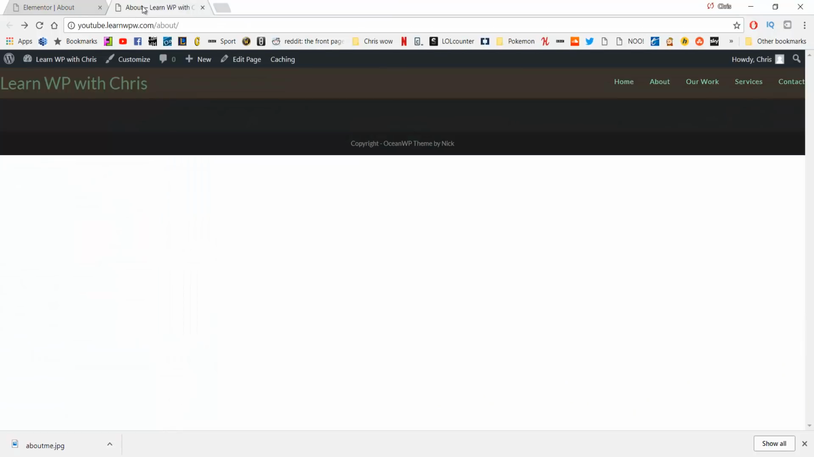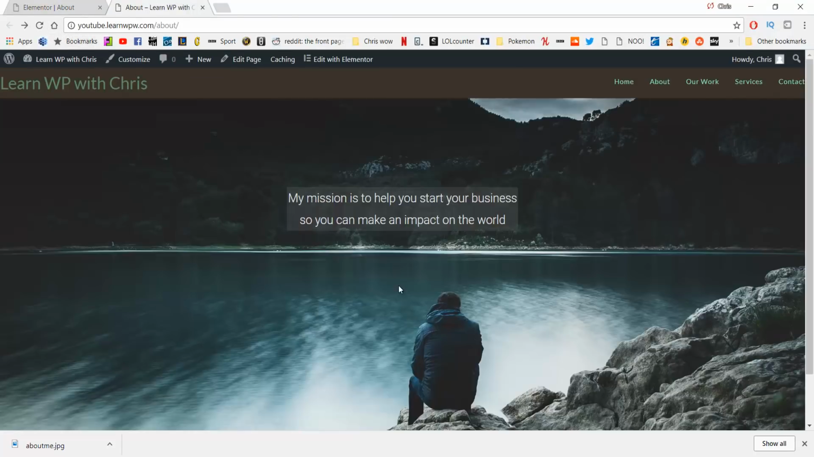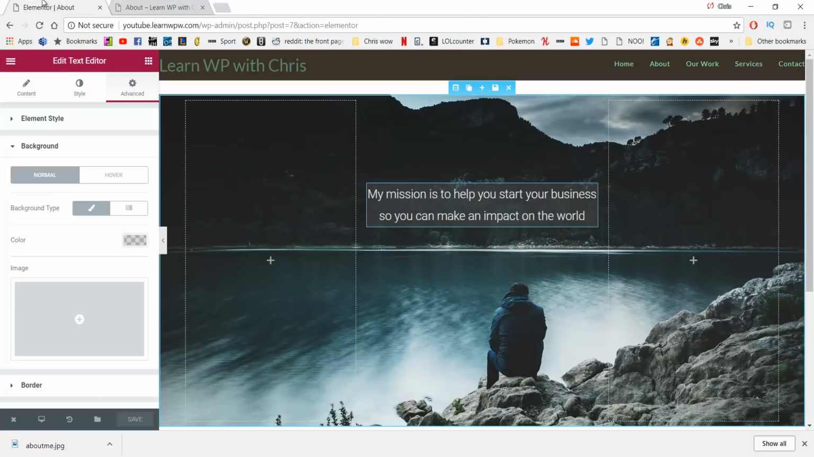And if you go back to your About page and give it a refresh, you can see that it's looking fantastic now. We've got a massive image and our mission statement. So as you can see, our About page is coming in lovely. This is only the top side of it, so we are now going to go back to our Elementor page